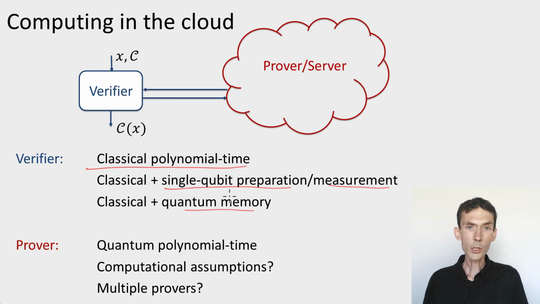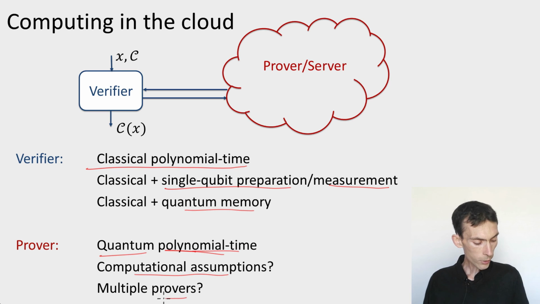Now, there are also conditions that we could require on the prover. This prover is supposed to be implemented by IBM or Amazon. We don't want to design protocols that ask too much of these provers in order to obtain security, because then they won't be able to do it and we'll be stuck with our circuit that we can't evaluate. So ideally, the prover will be quantum this time, but still polynomial time. We don't want to ask it to perform computations that take more than polynomial time. It might be the case that we want to put additional assumptions on limitations of the prover in order to achieve security. We'll see about that.